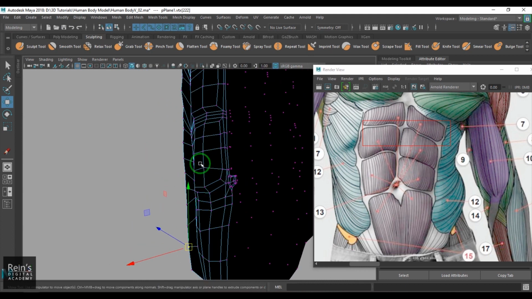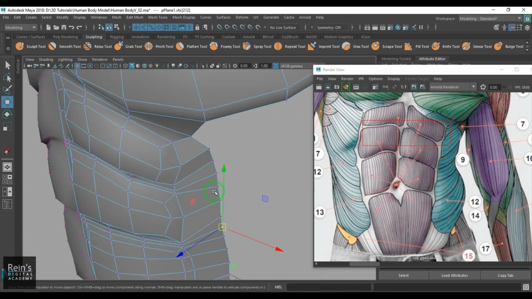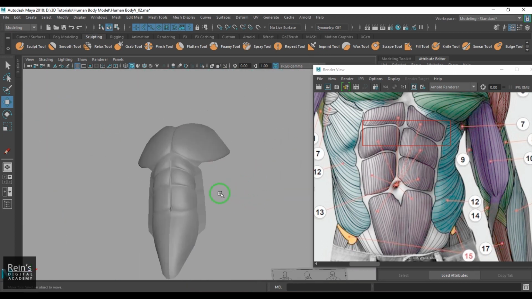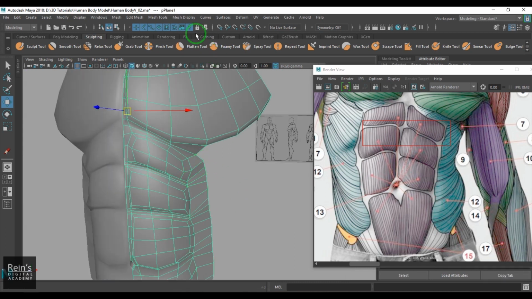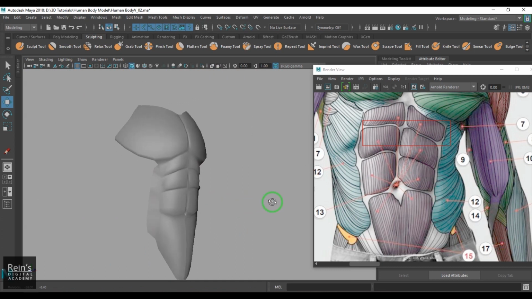There is slight zigzag on all areas, so just try to fix that. Again, go to mesh display and then apply soften edge like that. Okay,